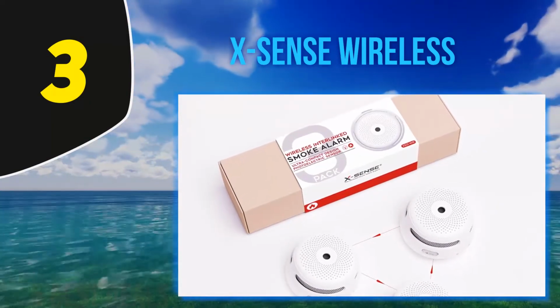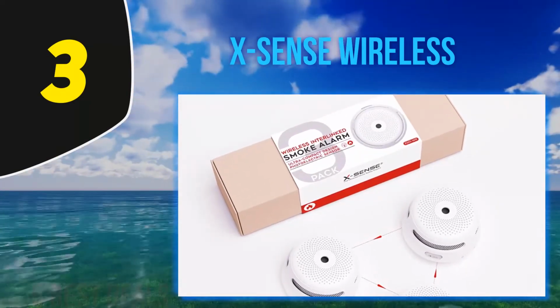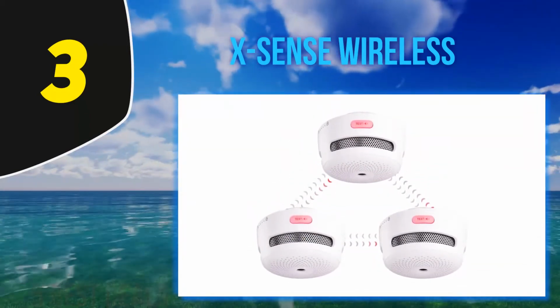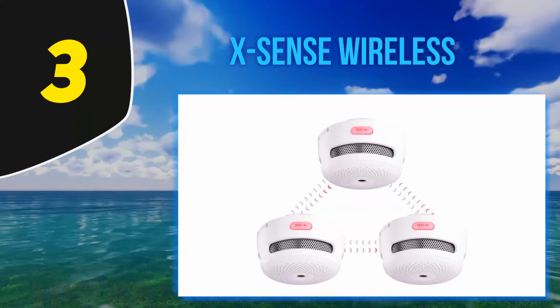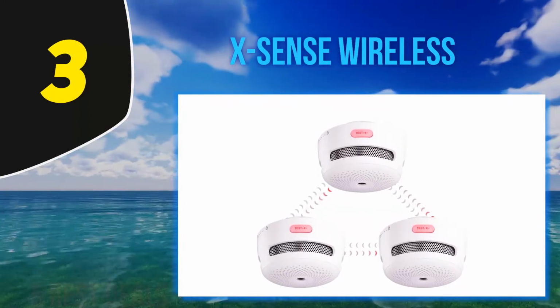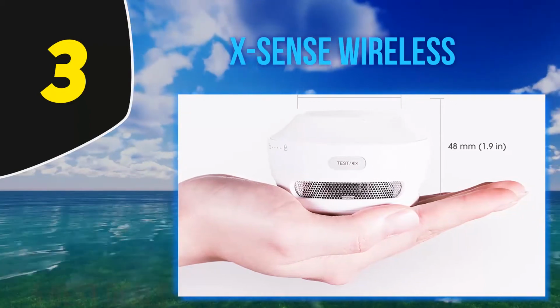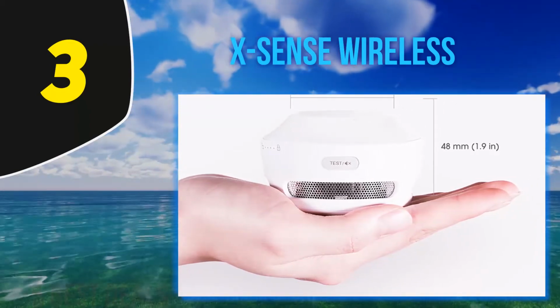Each unit was interconnected right out of the box, so there was no additional setup necessary. You can add up to 24 units to the network, but every new set will need to be manually connected to the rest. This process seems pretty straightforward though, and X-Sense's instructions are clear, ensuring this process won't be too